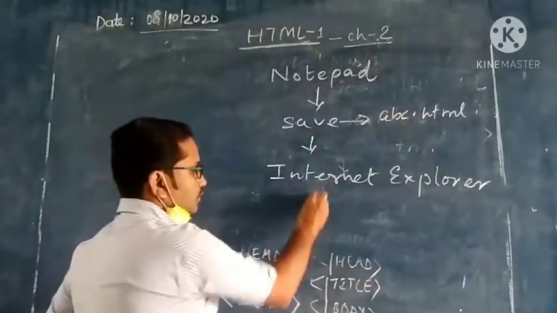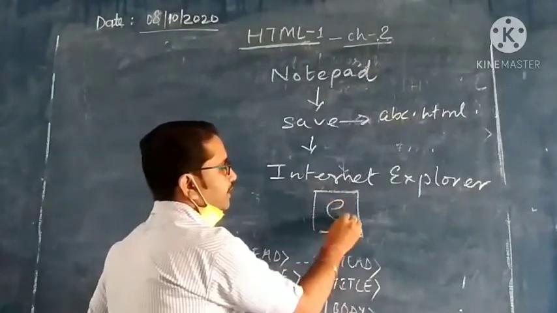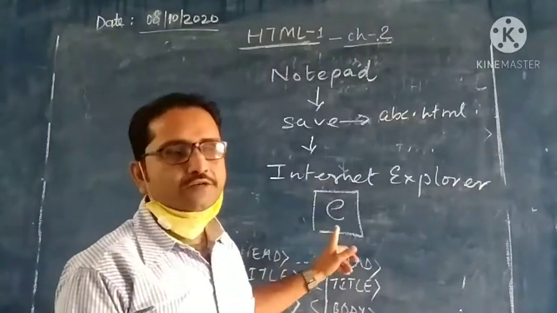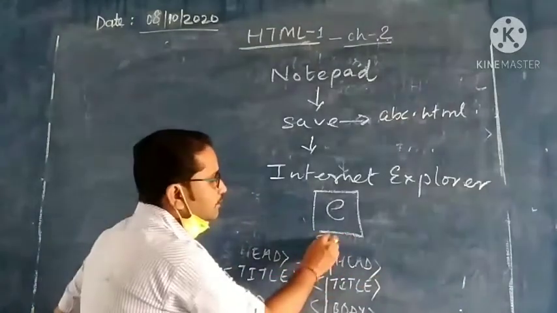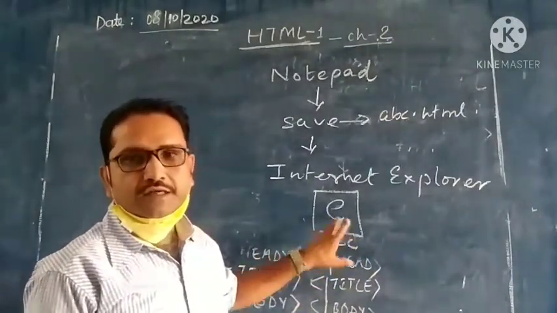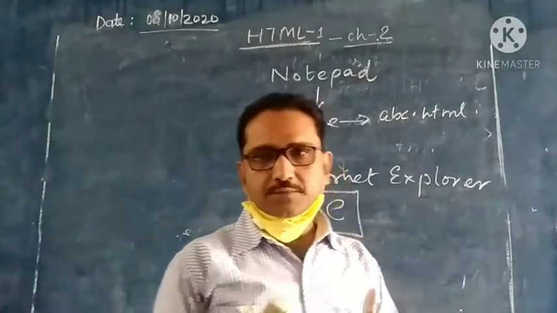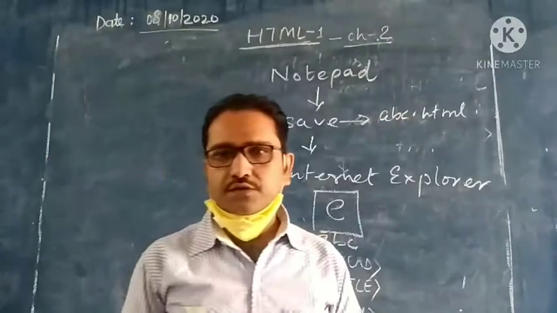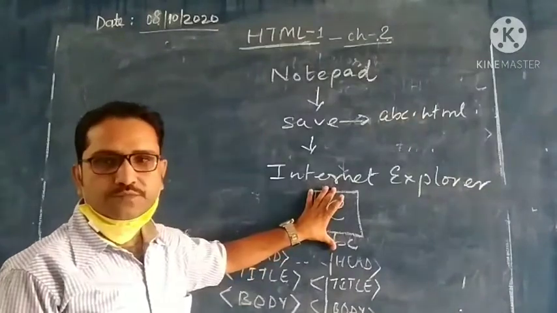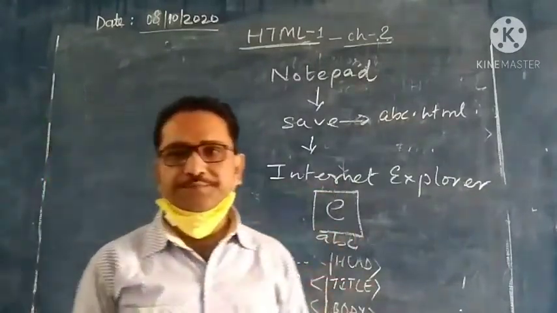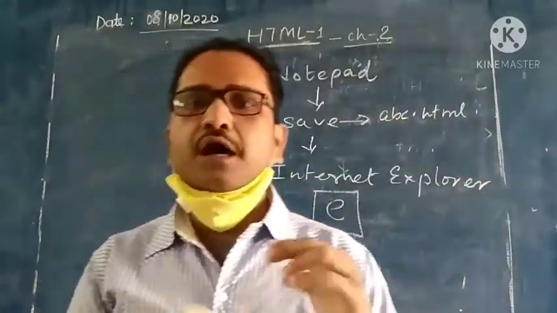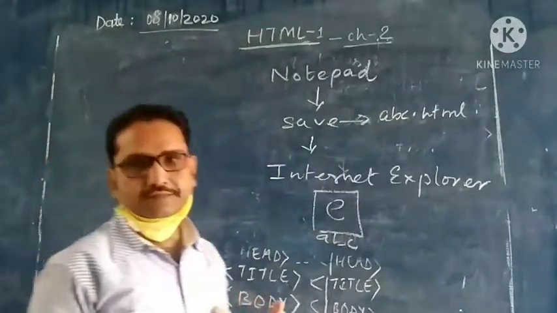Otherwise, if you have saved that file on the desktop, the file will appear with whatever file name you have given. You just have to double click it. It will be shown in the internet browser. So there are two or three ways of viewing that file over the internet. So we can use these options for viewing the file. Right? Now we have learned how to use these files.